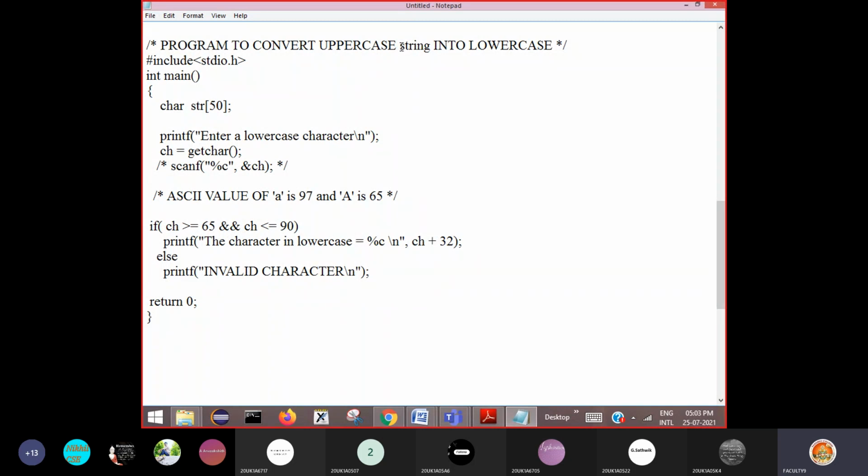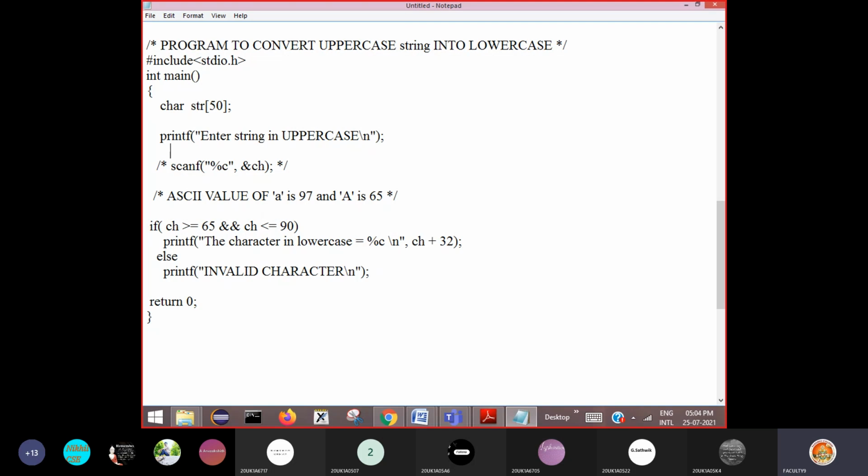Now you ask the user to enter an uppercase string. Such a message you can give to the user, say enter string in uppercase. Then he enters and directly you can read that string by using the gets function.